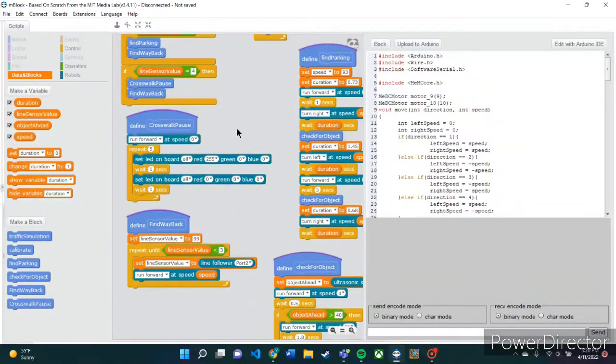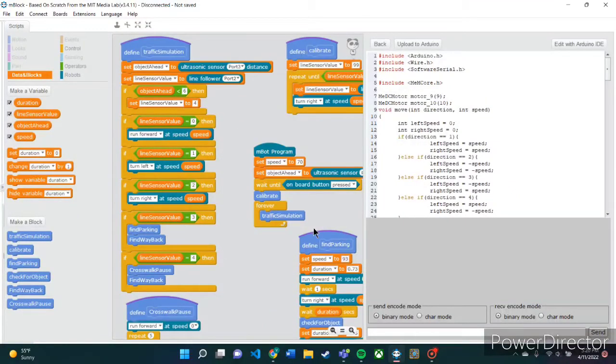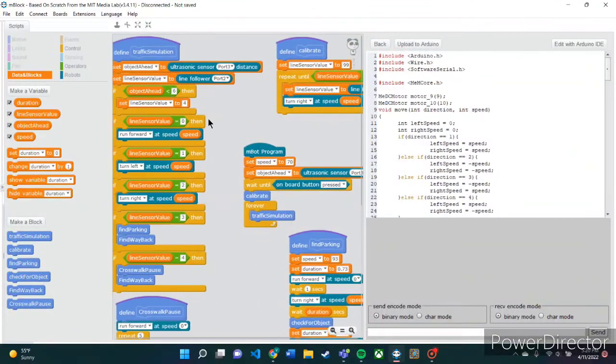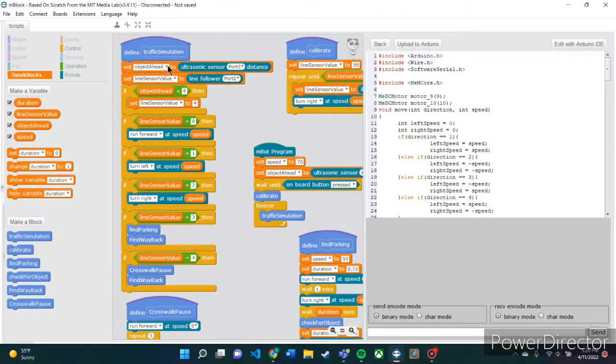Yeah. So once again, let me explain. Let's trace it once more all the way back. Set up your variables, then initialization, then wait until your button is pressed. Once it's pressed, calibrate. Once you calibrate it, run forever the traffic simulation, which is right here, where you read the ultrasonic sensor value, the line follower value,